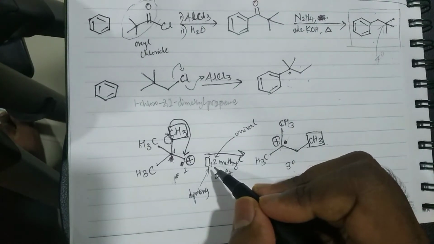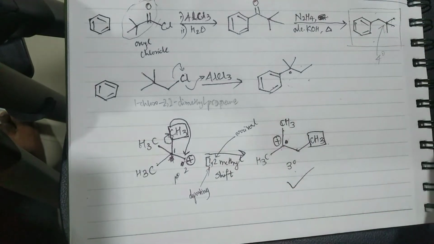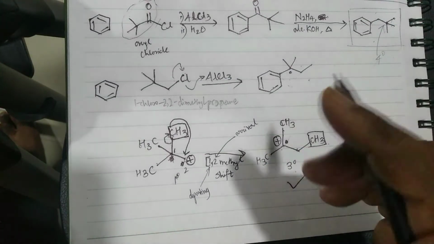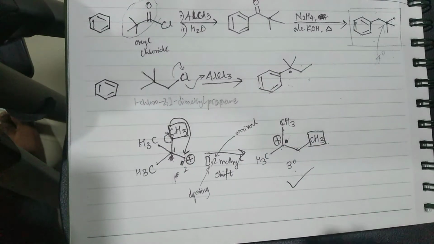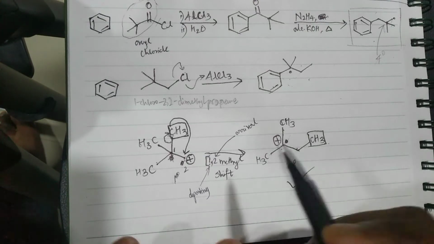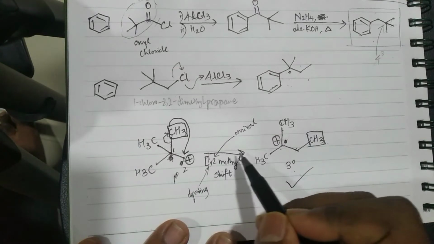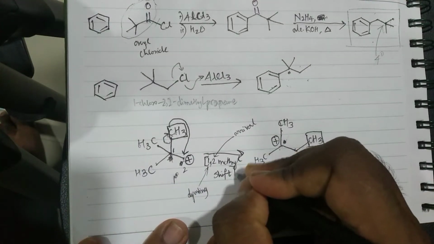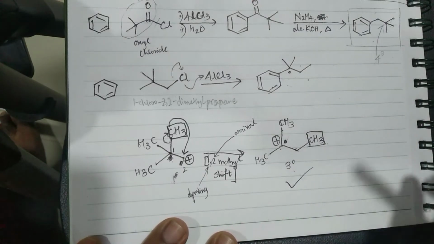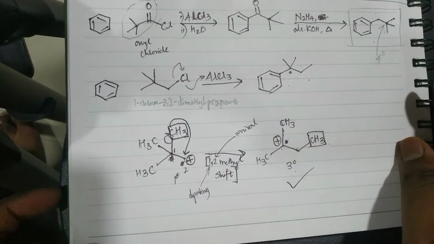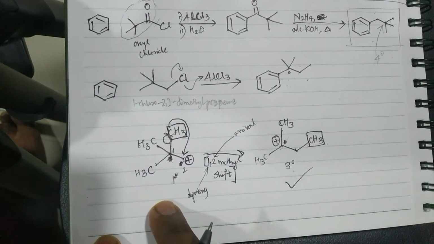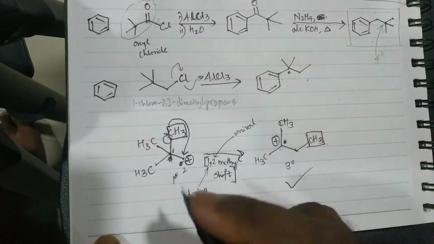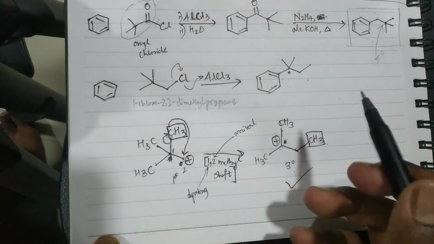Whenever you hear 1,2 or 2,3 or 1,4, the first number stands for the atom from where the group is departing. The second number stands for the atom to which the group is arriving, or joining. Alright, so I hope you understood this concept as well. All these things you won't find in the 11th grade, 12th grade textbooks, so this is just extra information which I gave. I hope this reaction is clear to you. Because tertiary is more stable than primary, you have this compound, and I hope you understood how the tertiary carbocation is formed.